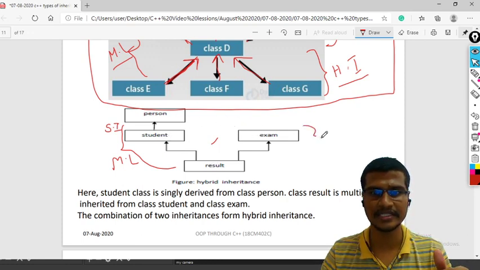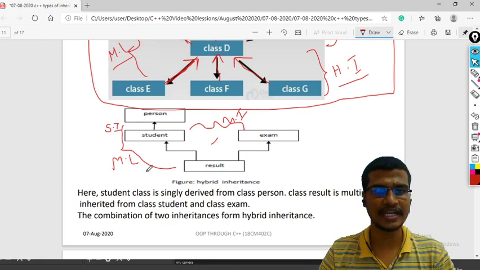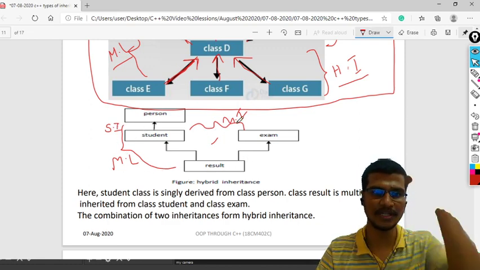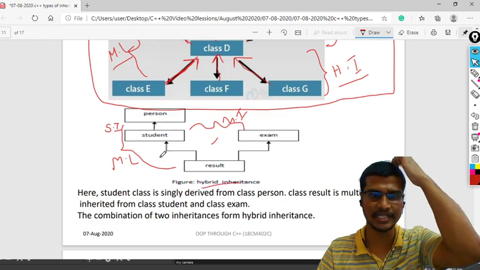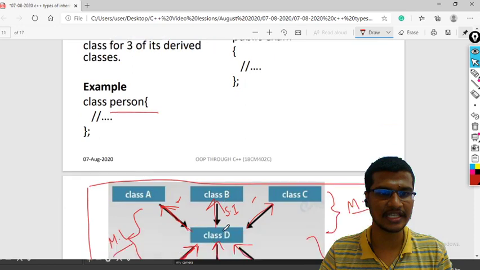Then what type of inheritance is this one? This is your multiple inheritance. Because I am deriving from multiple base classes, right? So this is a combination of single inheritance, multi-level inheritance, and multiple inheritance. So this one is an example of hybrid inheritance. So you can easily write, for the first one, class person. Okay.